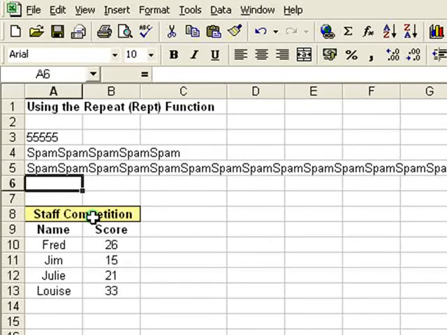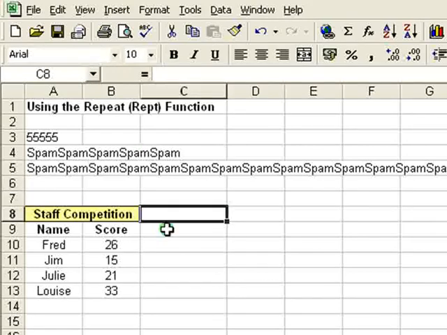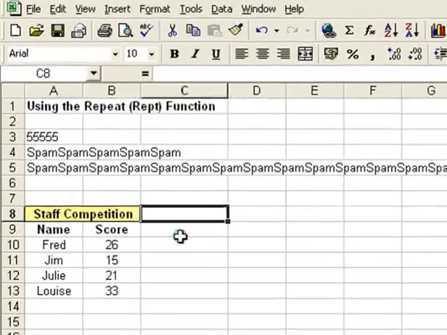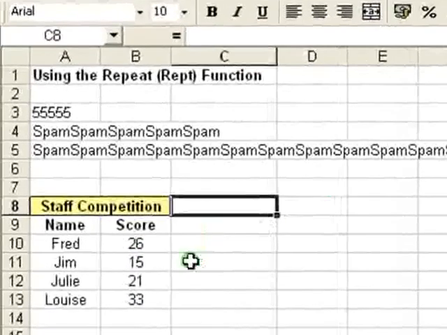Okay, now it's up to you really how you decide you might want to use the repeat function, but that's basically how it works. I'll show you one possible example. What I've done here is just set up a little table of names and scores, an imaginary staff competition if you like, and what I'm going to do